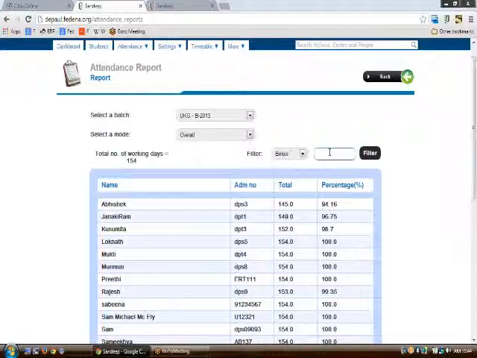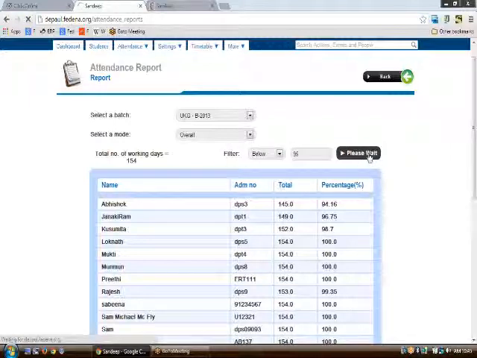Moreover, if you want to filter the students who have a particular percentage, let us say all students who have less than 75%, then you need to type 75 here. Let us say we have some data for 95% students, so I need to write 95%. All the students who have 95% will be listed in this filtered data table. Moreover, if you want more filters like above, exactly, or below, you can do so by using these options from here.